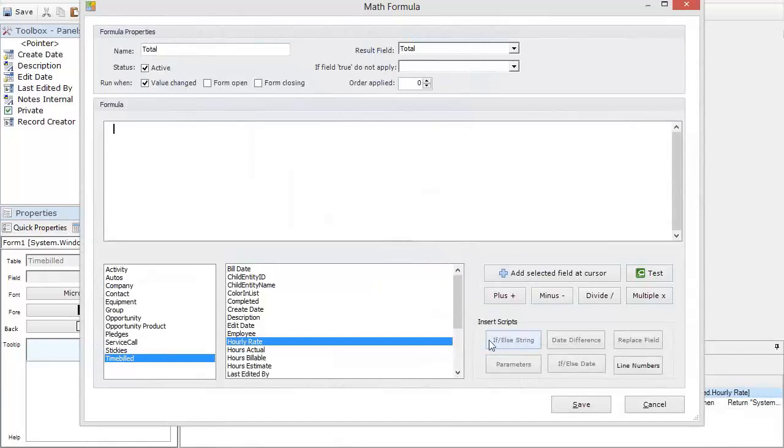So let's just start here, and down here we have some scripting snippets in the bottom right-hand corner. So I'm going to just say if else. And it just puts a little slug in there. So I can say, well, if field, now let me change the field, if hourly rate is greater than 100, then return, and now you can see where the returns fit in. So return hourly rate times